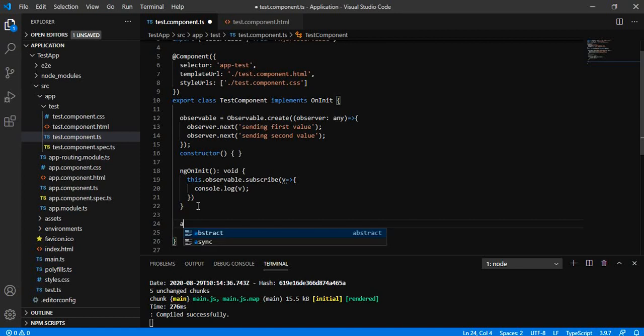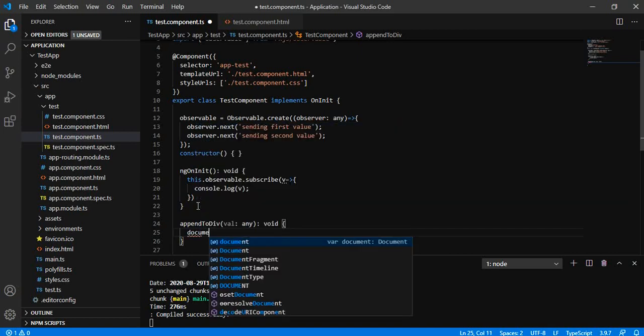Let me create a method appendToDiv. This will take a value, and this value is appended to that particular element that we have created with the ID mydiv.